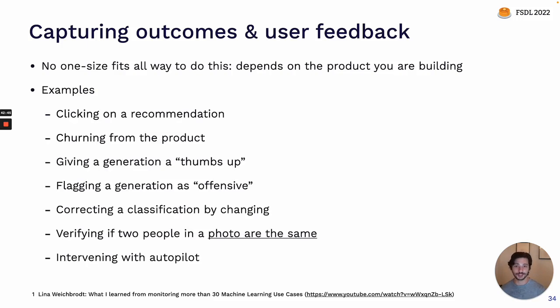product that you're building. For example, if you're building a recommender system, then you might measure feedback based on did the user click on the recommendation or not. But if you're building a self-driving car, that's not really a useful or even feasible signal to gather. So you might instead gather data on whether the user intervened and grabbed the wheel to take over autopilot from